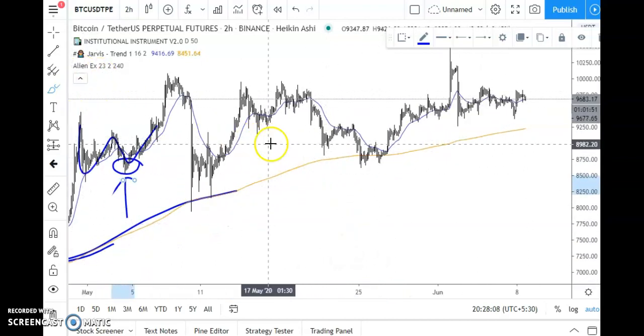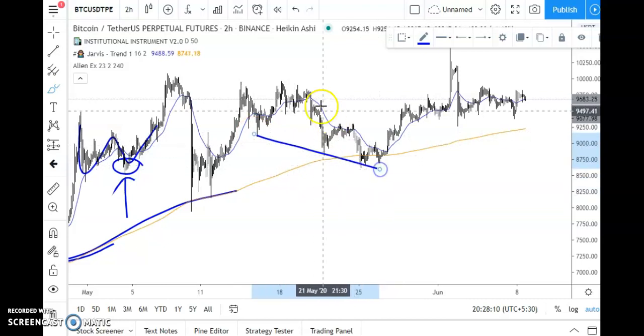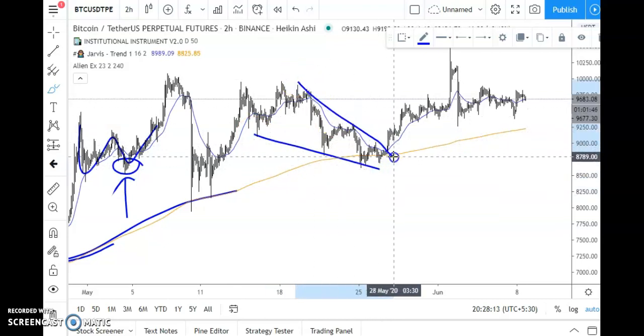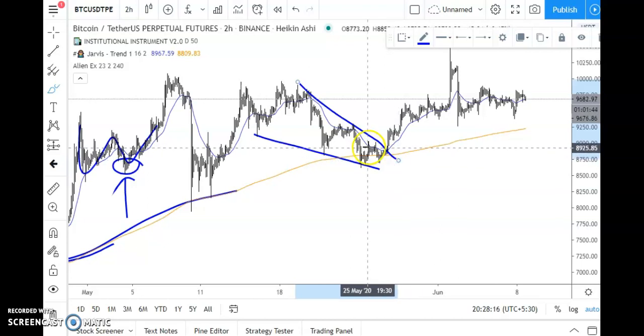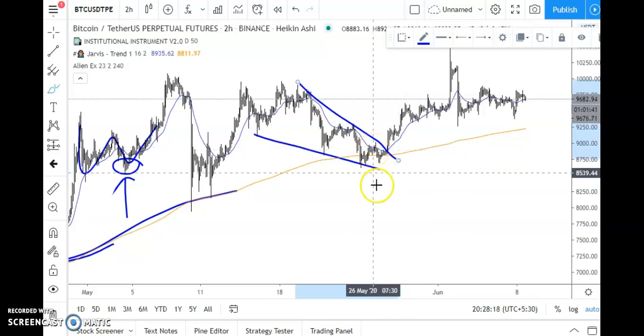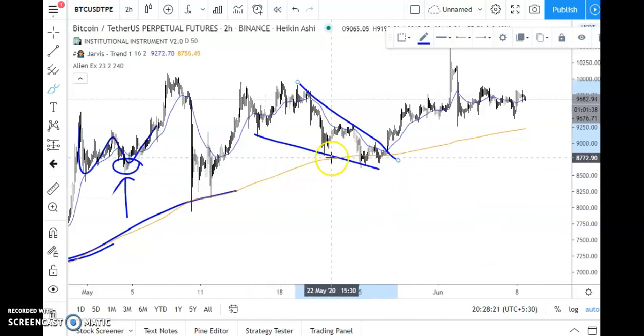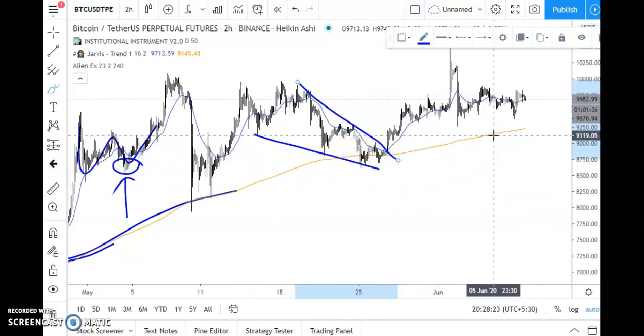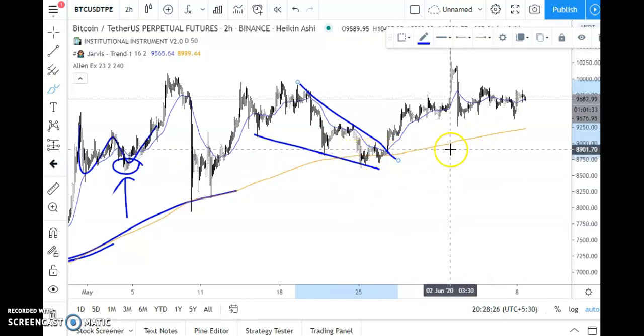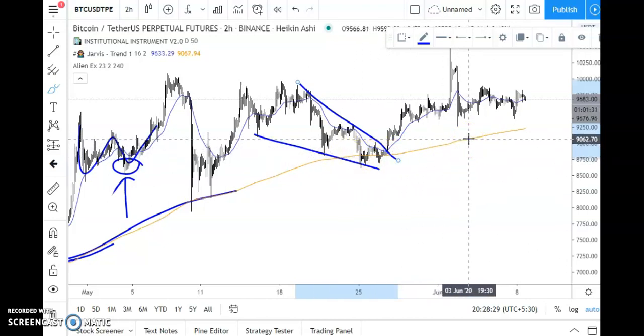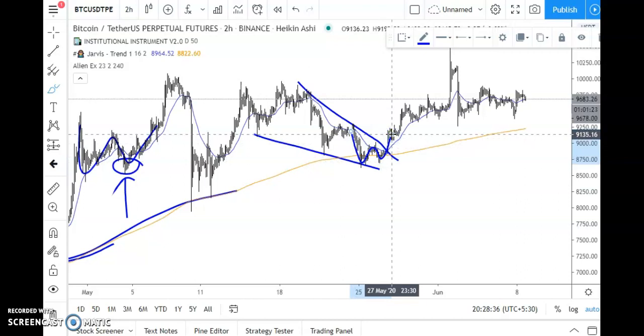Here we can see a falling wedge pattern forming. As I told you, the falling wedge pattern is always a bullish pattern. Plus this is trading above the 4-hour 200 EMA line, and this line is a very strong support line. In addition to that, we can also see a W pattern occurring. So this is an ultra bullish market. The moment you find this, you should start taking entries at the support.